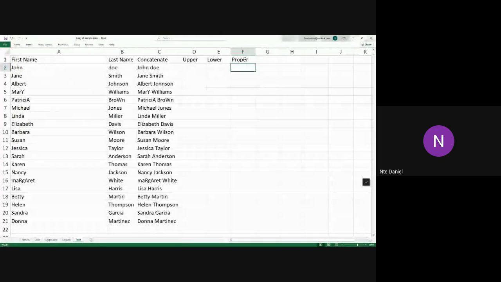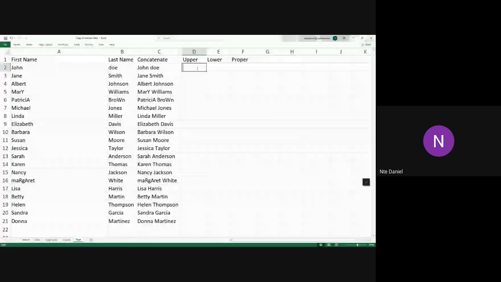Okay. So what does the upper function do? The upper function converts everything into